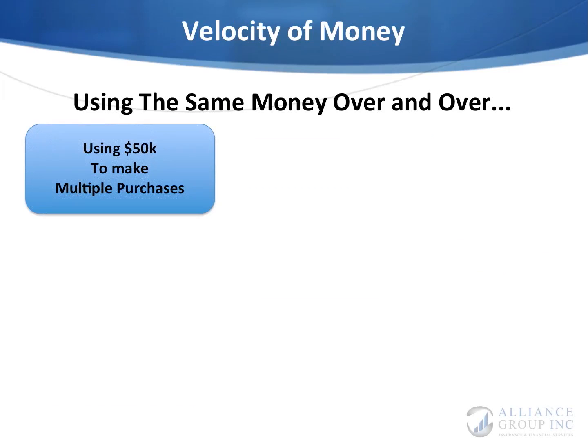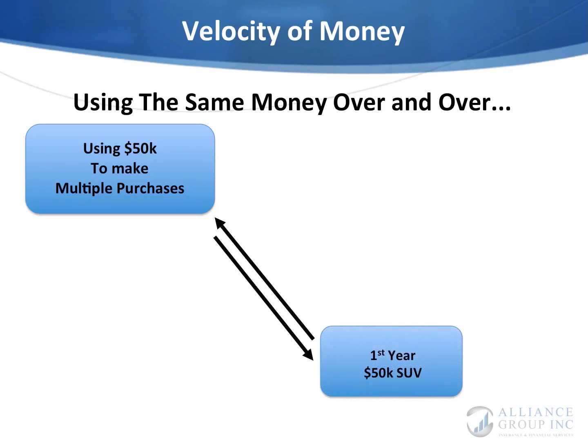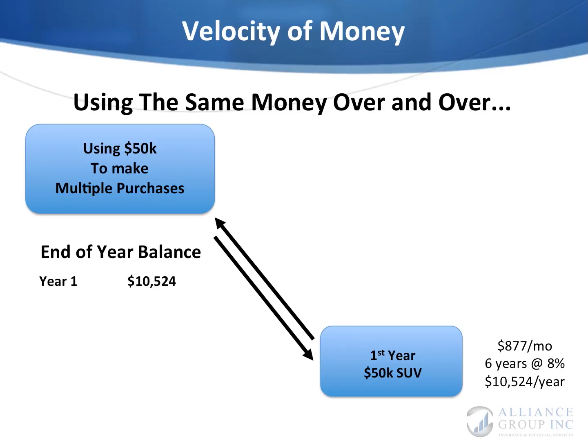Let's take a look at how the velocity of money could be used for your benefit. We will begin by assuming you have some money to begin the banking process. In this case, $50,000 you've saved. In year 1, you want to purchase an SUV for $50,000. You were the saver, now you are the borrower. But as the banker, you insist that the $50,000 be paid back over the next 72 months at 8% interest. This requires a monthly payment of $877 per month. By the end of the first year, you have paid back to your bank